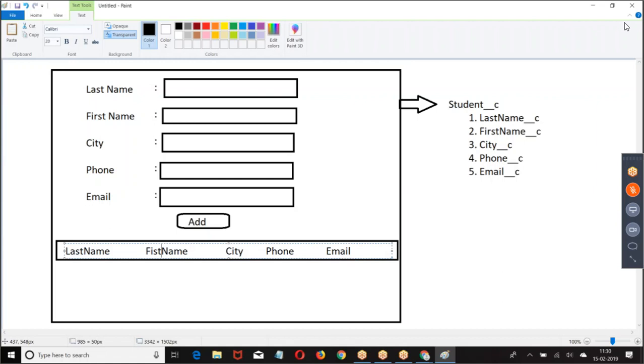Create an Apex class and create the variables, everyone.